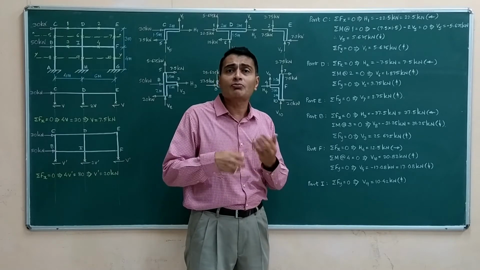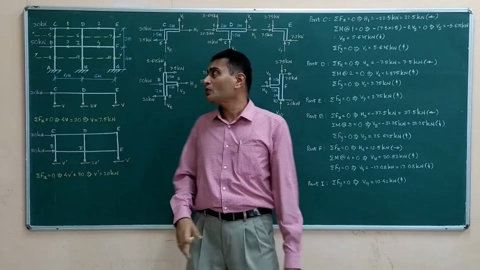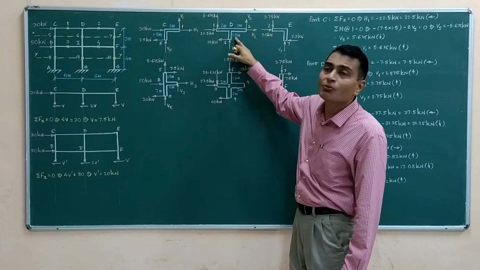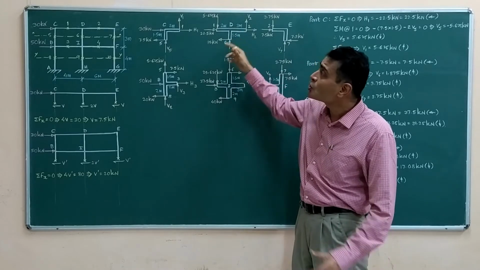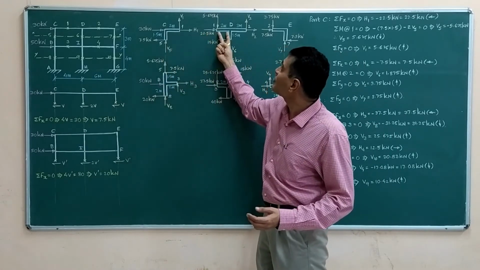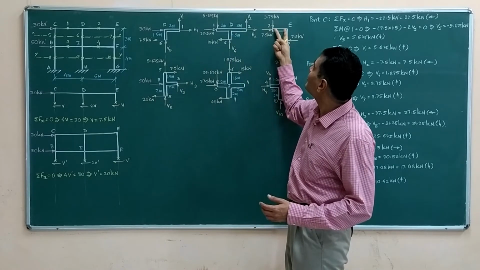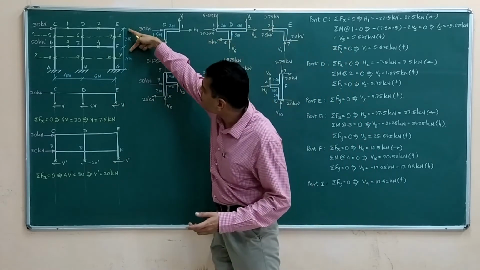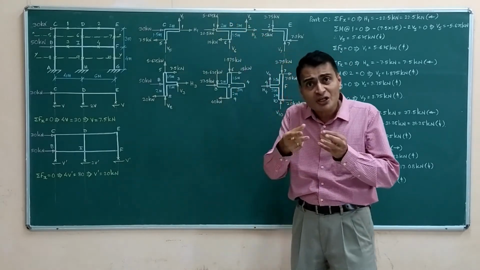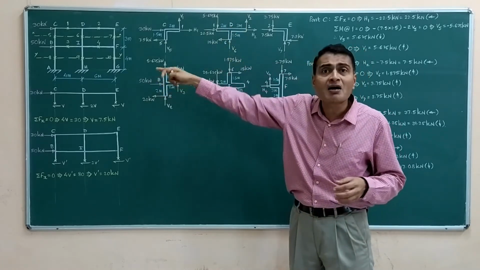Probably in the course of discussion, I am going fast. Particularly in the sigma M equation, I can readily see that these distances are 2 meters, 3 meters and 1.5 meters. Where from am I getting this? Obviously this is 4 meters, so half of that will be 2 meters and 2 meters. This is 6 meters, so half of that will be 3 meters and 3 meters. This is 3 meters, so half of that is 1.5 meters. So when you apply the sigma M equation, use these distances, they are invariably going to be half of the actual